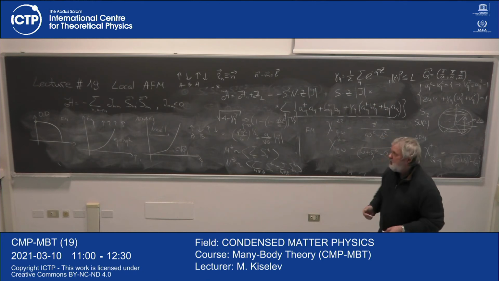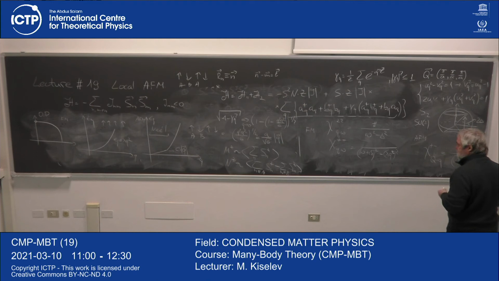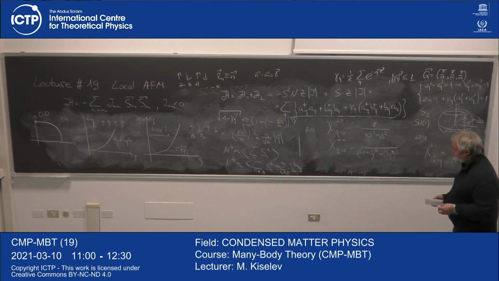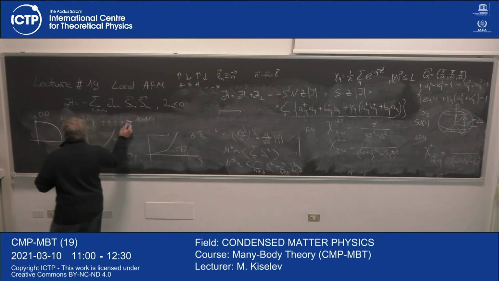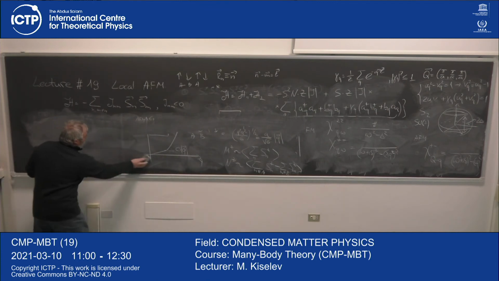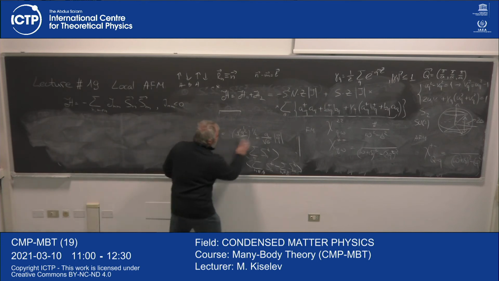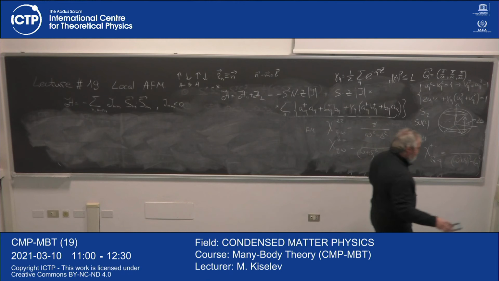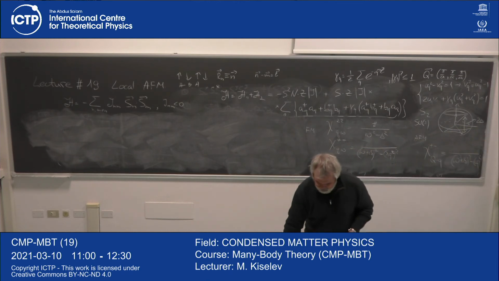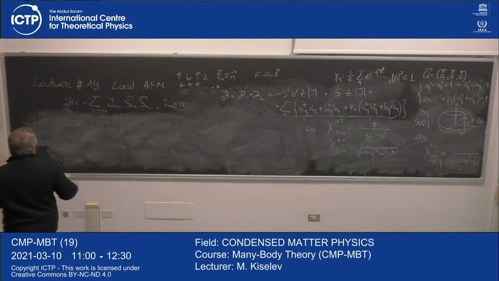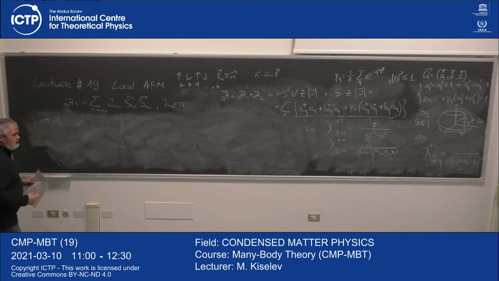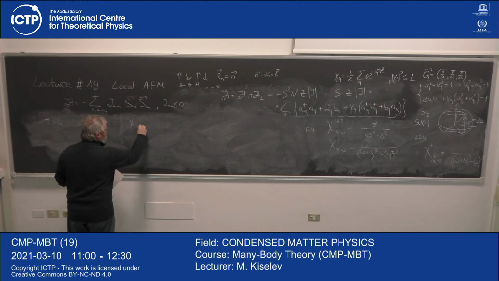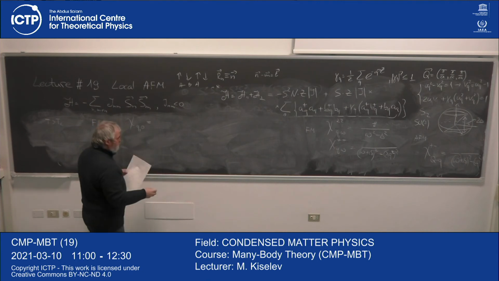Now, having said that, let me comment a little bit about the behavior of static and dynamic susceptibilities at temperatures above the critical temperature, when we have an isotropic situation. So, first of all, static susceptibility. Everything I'm saying is related to T over Tc. First of all, ferromagnets. On Monday, I derived that the static susceptibility